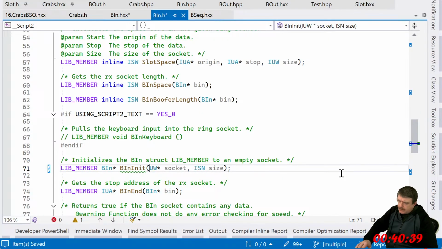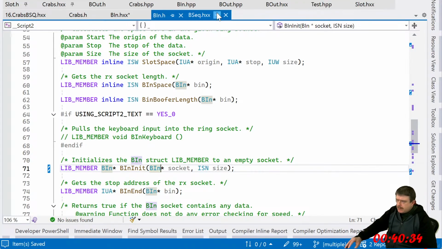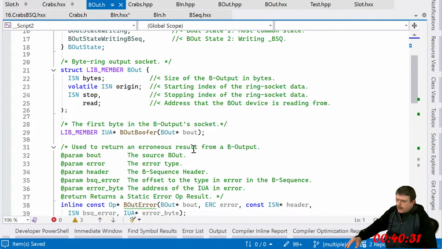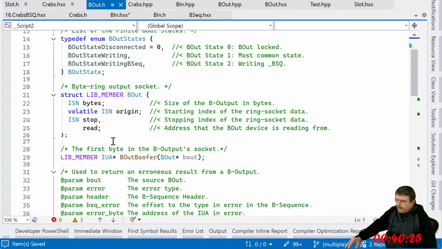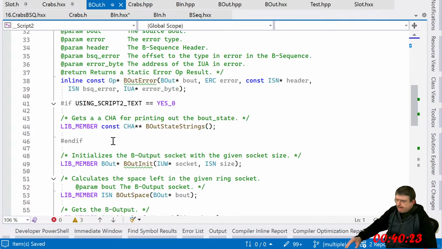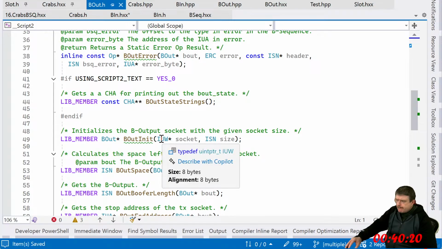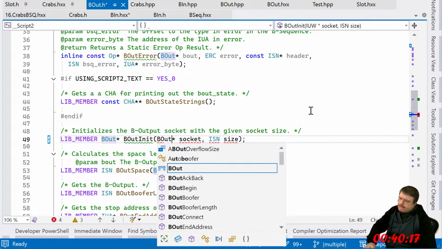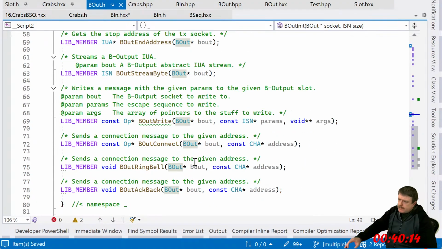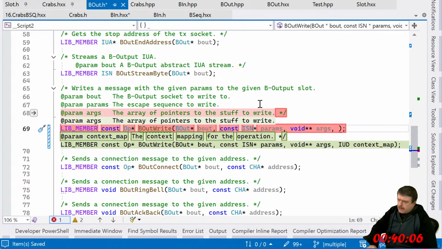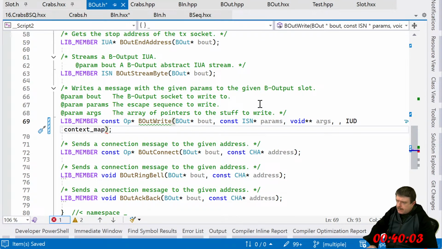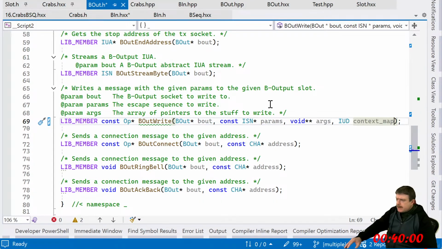Oh, B. Same thing for B out. Yeah. And we'll do the same for here. Oh. Contacts.